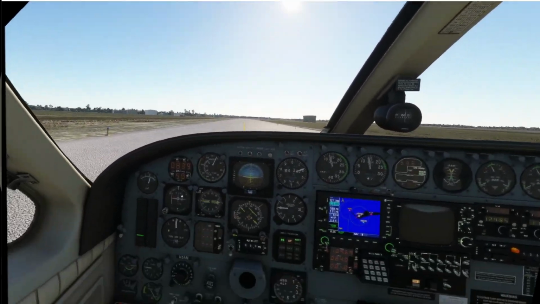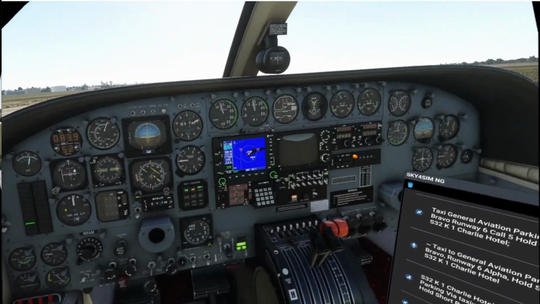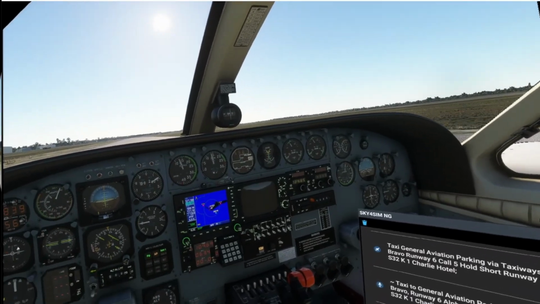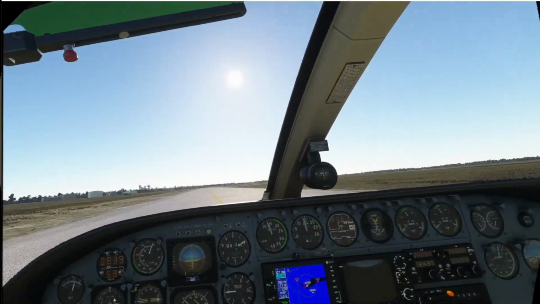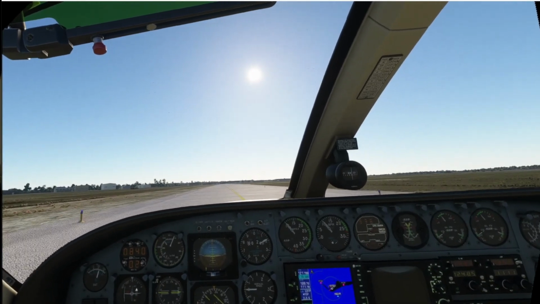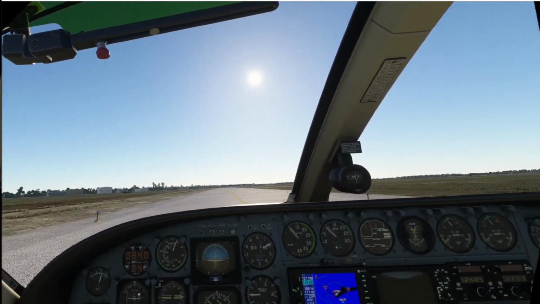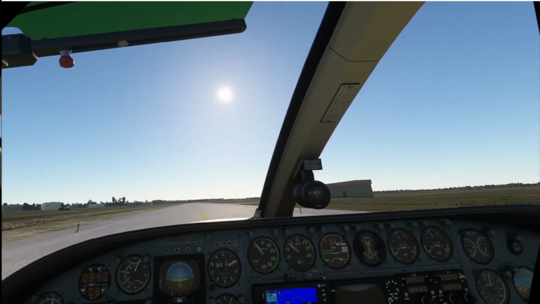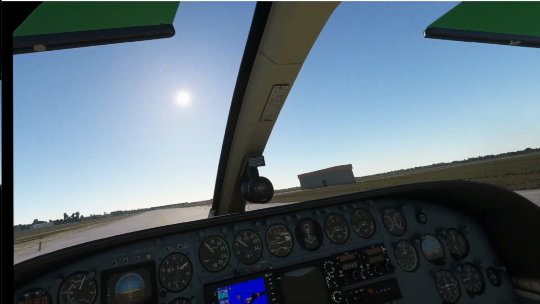And that is pretty much it. That is how you use Pilot2ATC with Sky4Sim together, hand in hand. It's actually a very nice extra feature. It makes the flight a little more entertaining versus just flying and not having any ATC to talk to. And I'm sure a lot of you use VATSIM, but if you don't want to use VATSIM, don't want